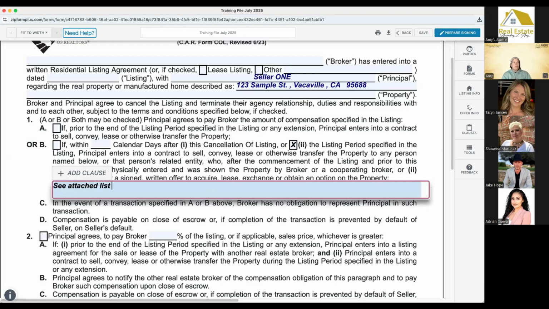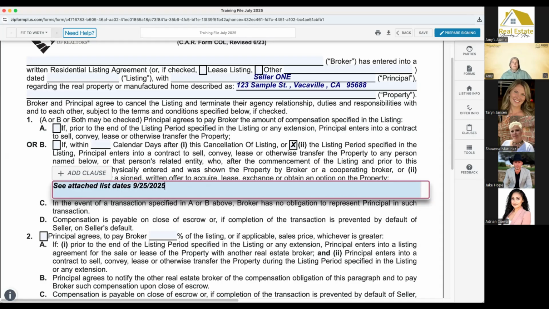So it might be in your best interest, as people schedule to see the property, that you ask them what the last names of their buyers are. And you can always just put a caveat in there. That way, if they contact me directly, I know whose clients they belong to, and I can redirect them back to you as their agent, right? Whatever that might be. But get the list of names of people seeing those properties when you have them for sale to protect yourself in the case that a seller decides to cancel the listing. Because, right, and you'd probably want to put a date there, dated